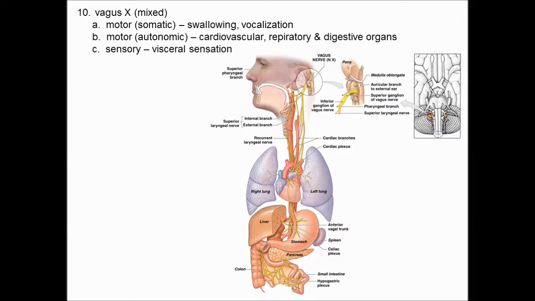A good way to remember what 10 does is the vagus comes from a Greek term. You can think of vagabond, if it helps, that means wanderer, like a vagabond wanders around the area. And the vagus is certainly a wandering nerve. It covers almost all the viscera in the thorax and even abdomen, so it does a tremendous amount of innervation, both sensory and motor. There are both sensory fibers coming up the vagus and motor fibers going down the vagus, and all the way through second semester we'll be talking about vagal efferents and vagal afferents that play a big